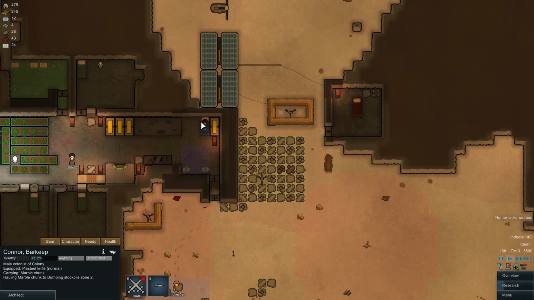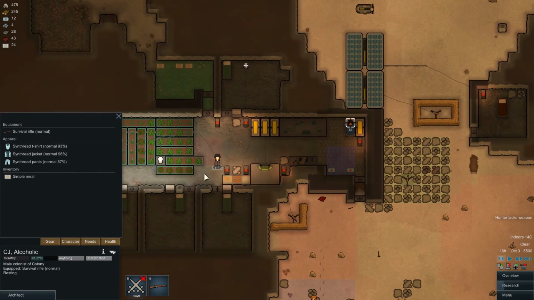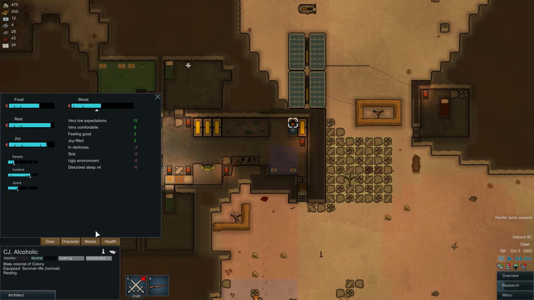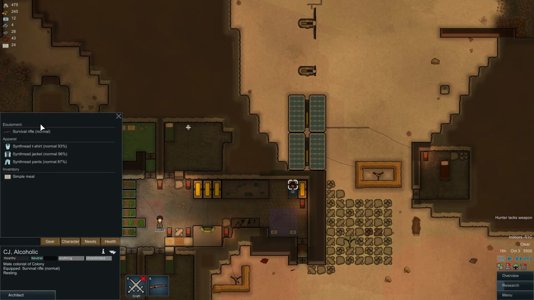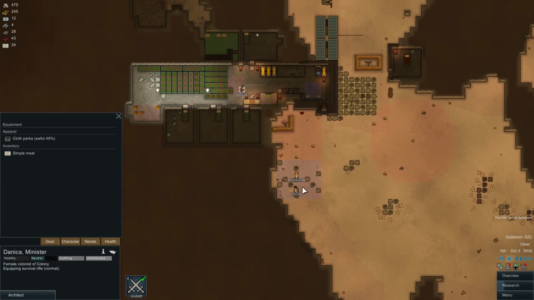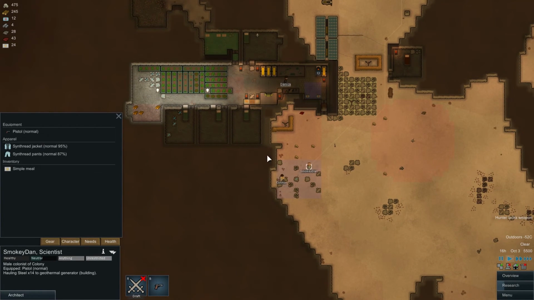That guy's got a knife, that guy's got a pistol. CJ's got the rifle, though. I can give Danica CJ's rifle. How's he doing for food, too? He's doing really good. So I'm going to get him to drop his rifle. Drop that. Danica, you go pick that up in case we need it. And then Smokey Dan and Connor can...